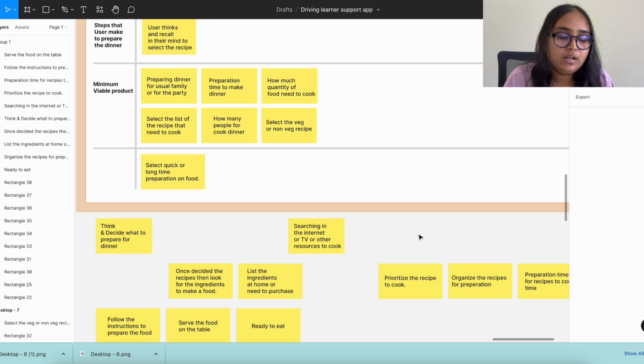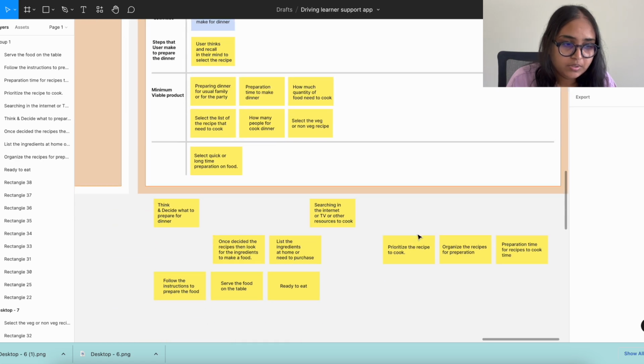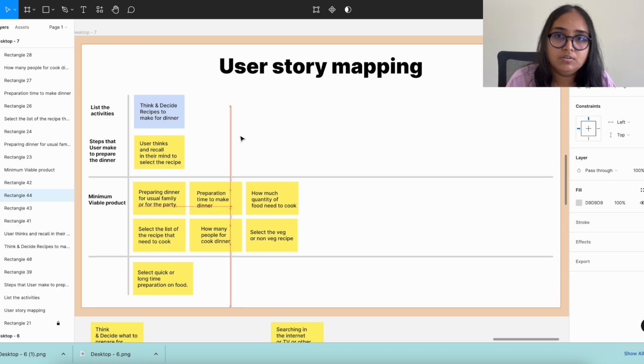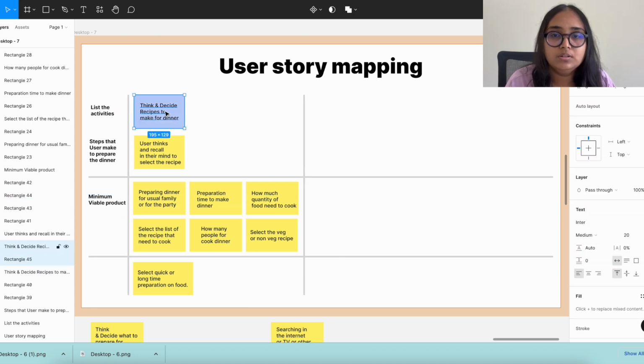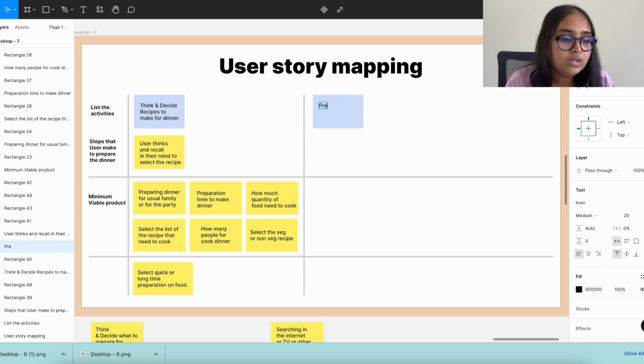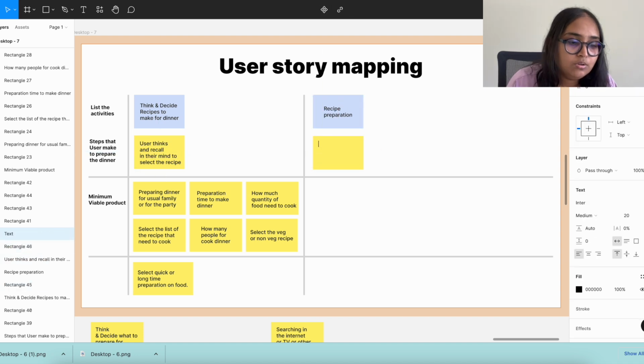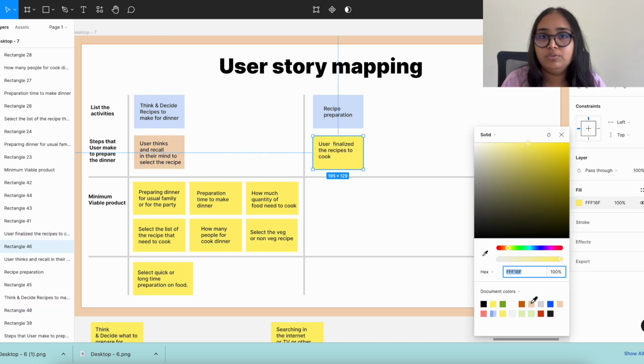The first card I am taking is think and decide recipes to make for the dinner. That is the first step any user takes before they start preparing dinner. Underneath I am writing the steps, where the user thinks and recalls in their mind to select the recipe. Underneath that I am writing the minimum viable product features: preparing dinner for a usual family or